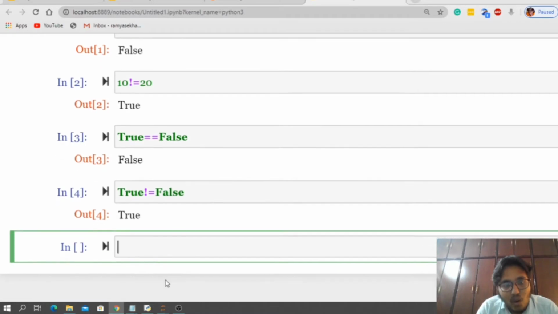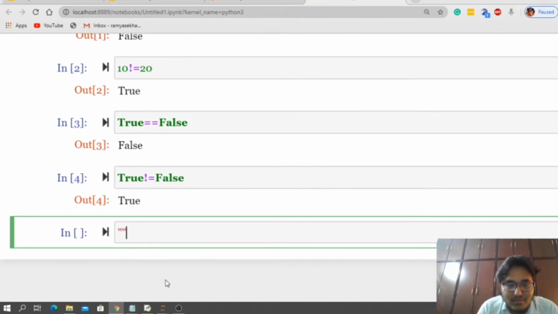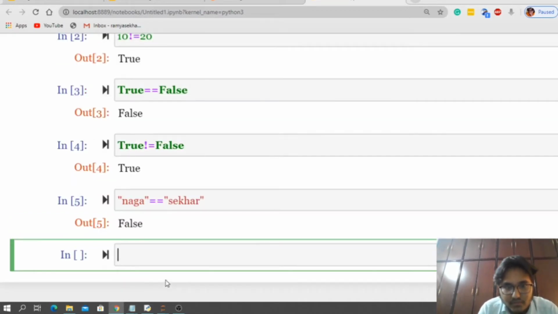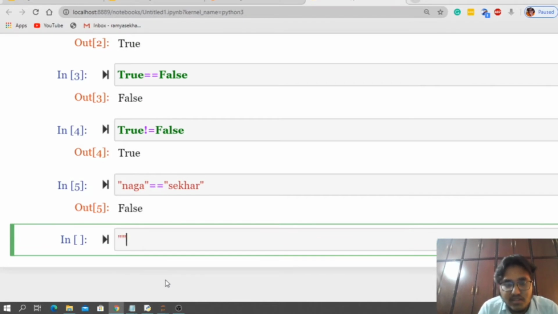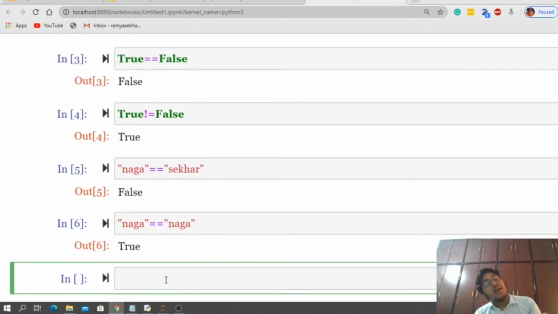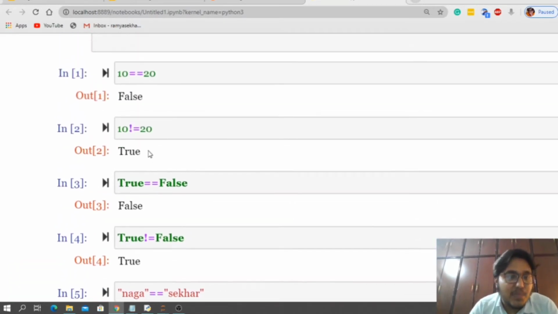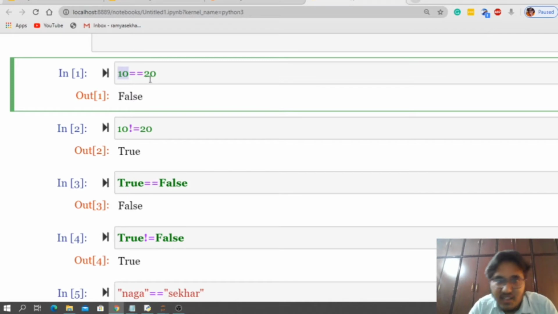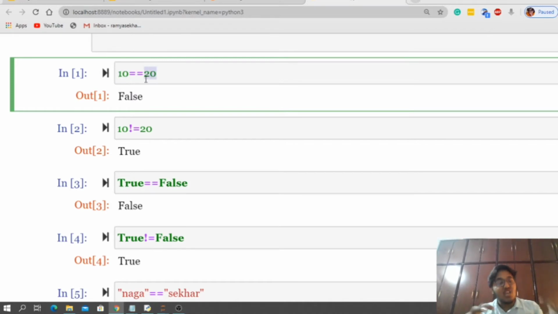Now I will apply it on string data. Naga is equivalent to Shaker. It is false. Now check whether Naga is equivalent to Naga or not. So what we are doing here is content comparison. Here the content is 10, here it is 20, so we are checking whether 10 and 20 are equal or not.